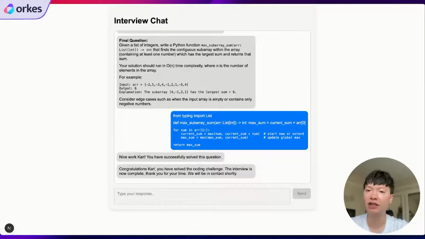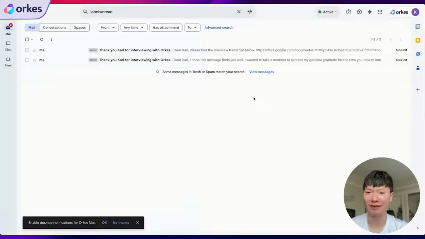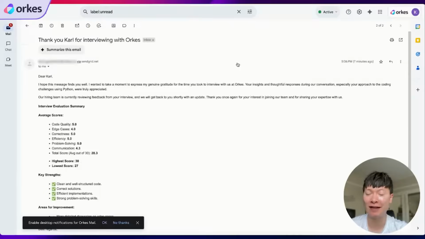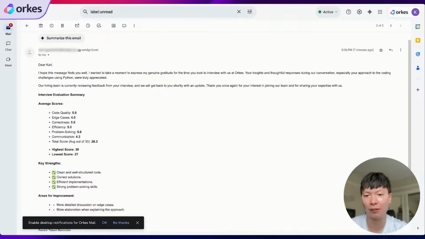So if you actually look behind the scenes after the interview, we're going to be given 2 separate emails. So I'm going to check my inbox. After our interview process is complete, we are sent 2 separate emails from our agentic workflow. The first email is a thank you email, which is very personalized to the actual user. You can see the name here, and it tells us how we appreciate your time for your interview process here at